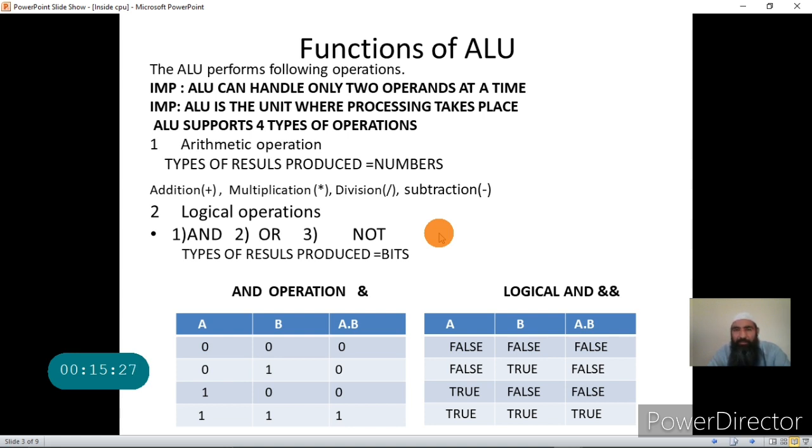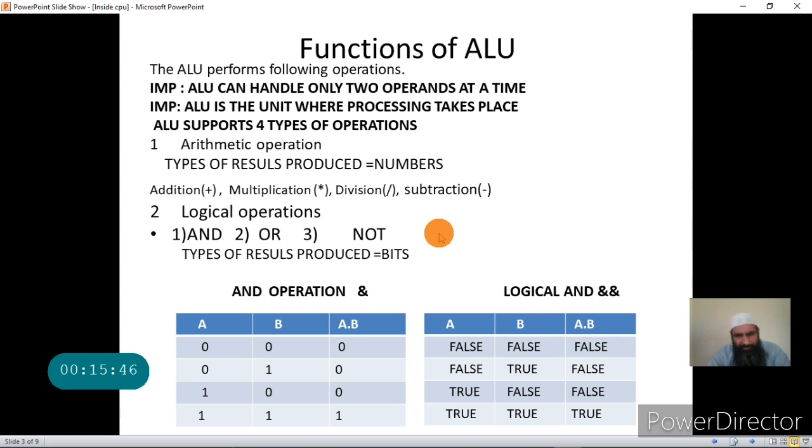And who will give the control signal? The control signal will be given by the control and timing unit. Right now you'll have a vague idea about this, but I'll make this clear in later lectures. Now let's go ahead with the operations themselves.